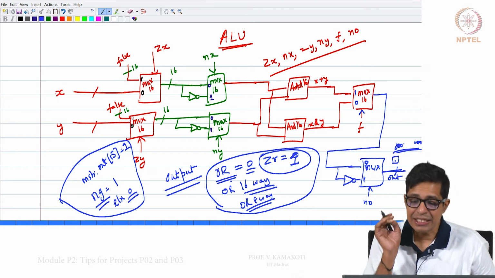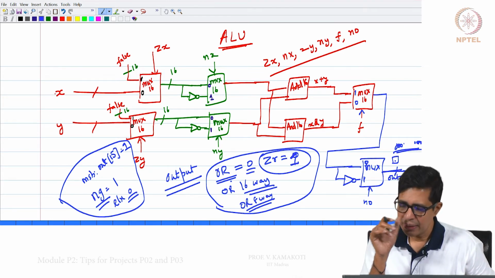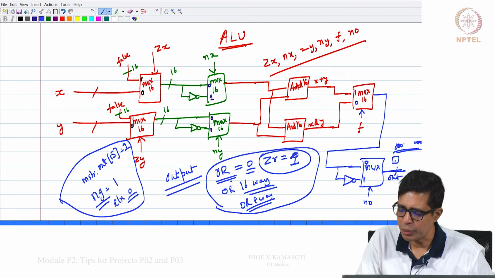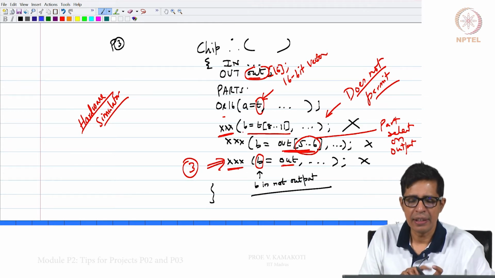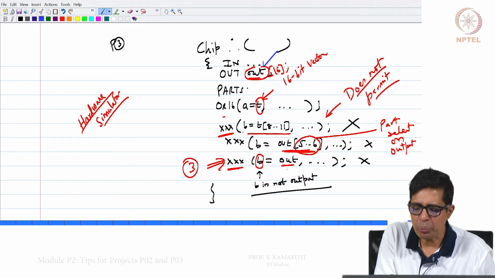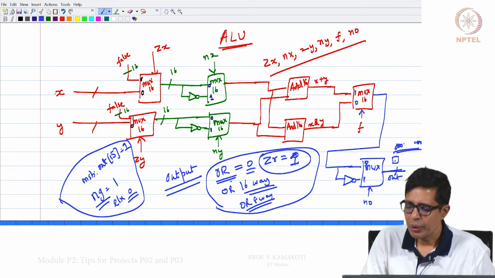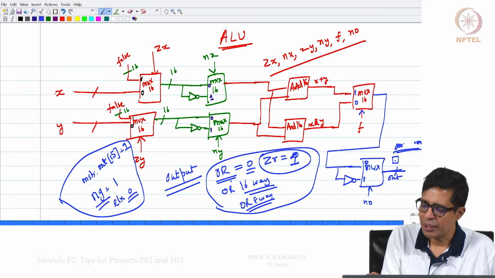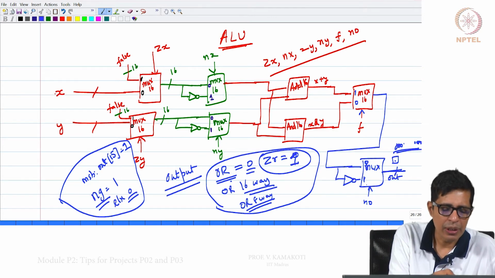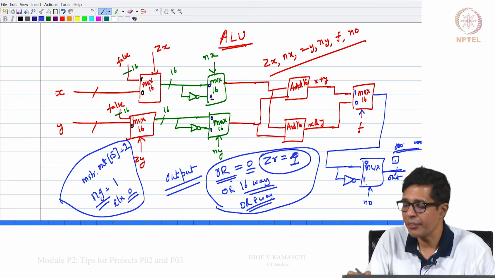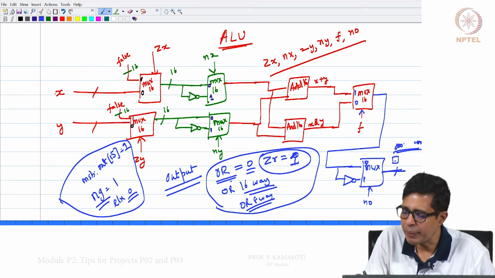right. Now, the challenge that you will be facing here is that you can't take this output and input it to any other module, as I have told you in the previous things. If this is an output, that output variable cannot be assigned to any input variable of any chip that I am instantiating. Okay. So, what we need to do is we may have to make it a temp out,